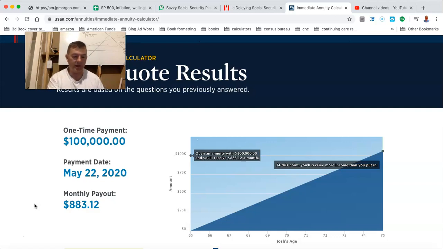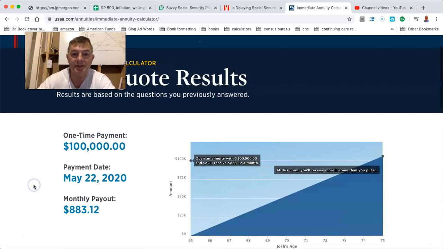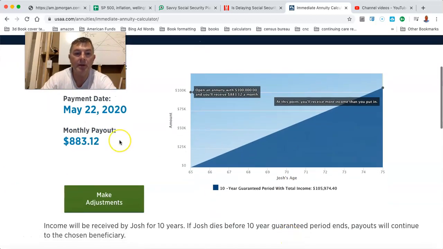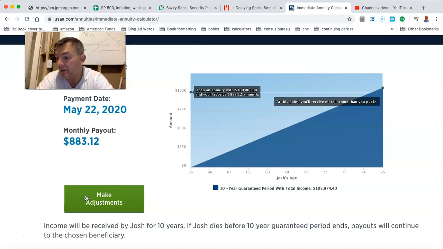It's going to pay us how much? 105. We're going to make $5,096 of interest. Again, I guess it says right there. Not that big of a deal, my friends, relative to locking up that money for 10 years. I would not do that. $5,096 of interest. Let me see if I can do a quick future value on this.